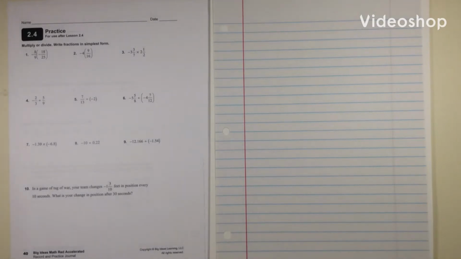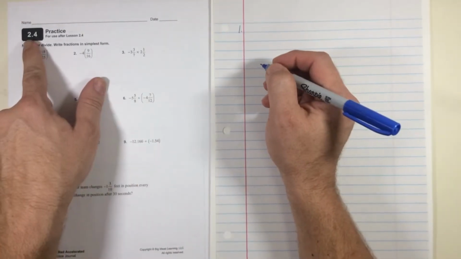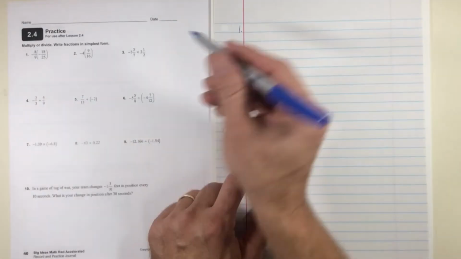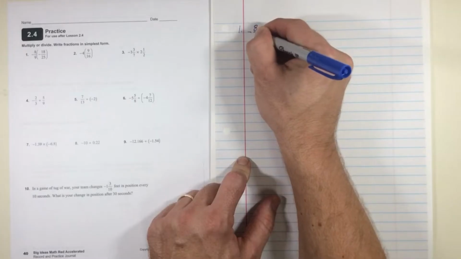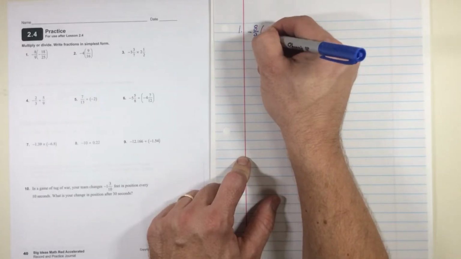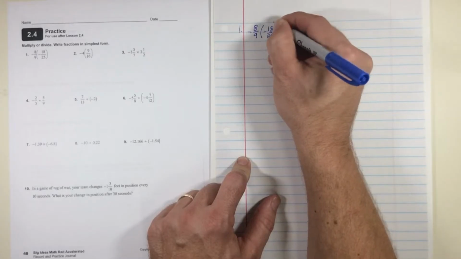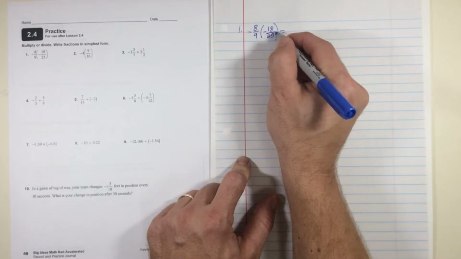This is journal page 40, multiplying and dividing with rational numbers, number 1, section lesson 2.4. This is multiplying of fractions, our favorite thing to do. Negative 18 over 25. Okay, so I'm multiplying these fractions, so I just multiply across the top and I multiply